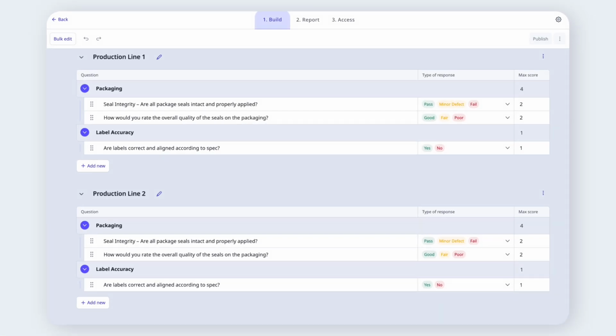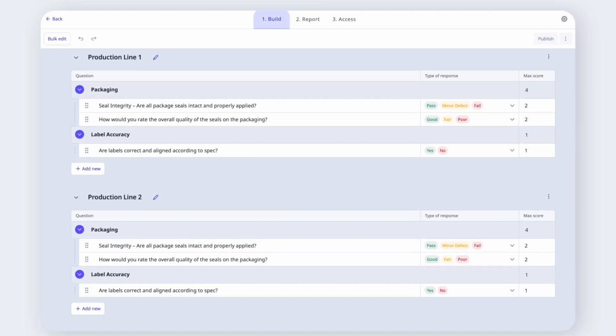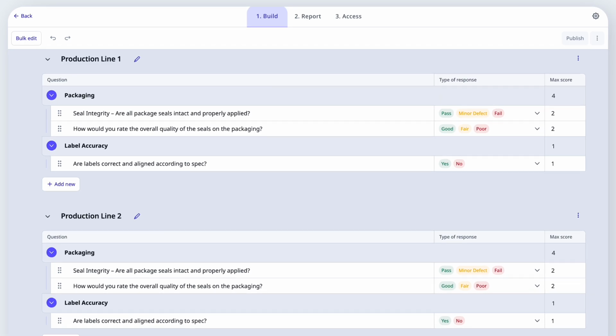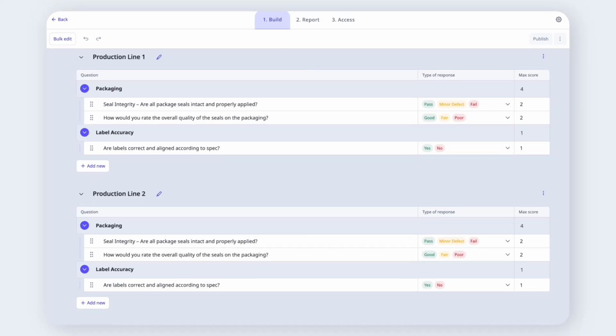Before we get started, make sure scoring is set up in your template. Here's an example for the manufacturing industry. We're tracking a quality inspection that includes a page for each production line and sections for packaging and labels. Each section has scored questions. With scoring in place, analytics can show average scores for each part of this checklist. Let's take a look at how this shows in a timeline chart and review the data.